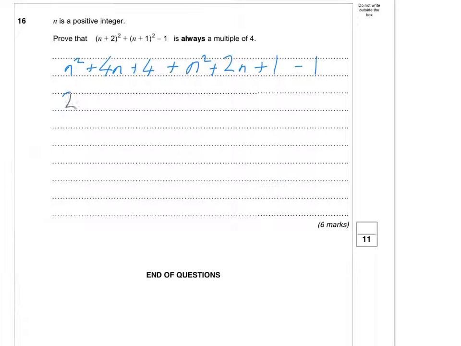So we have got 2n squared plus 6n plus 4 is equal to